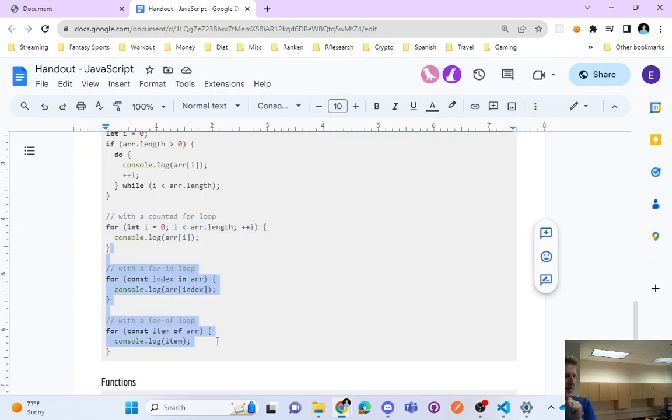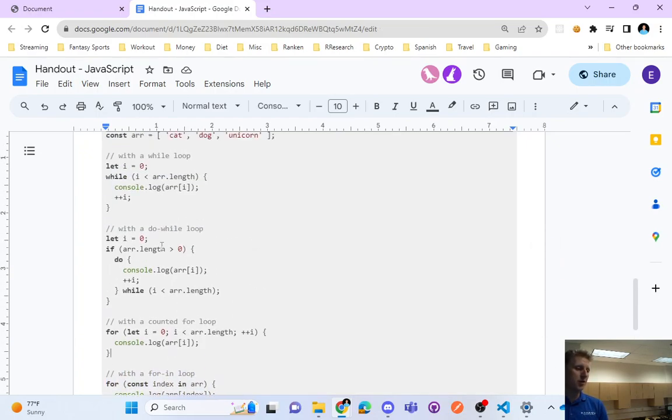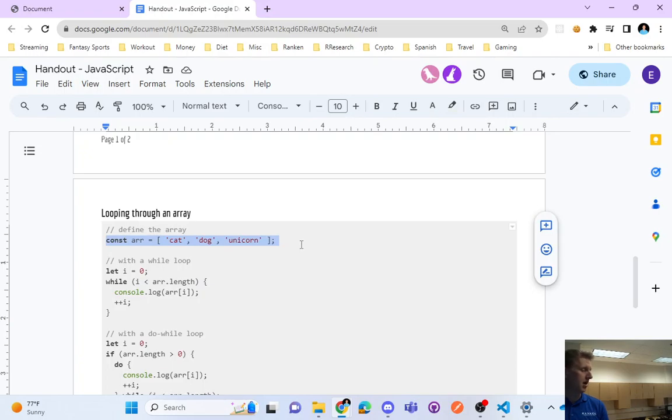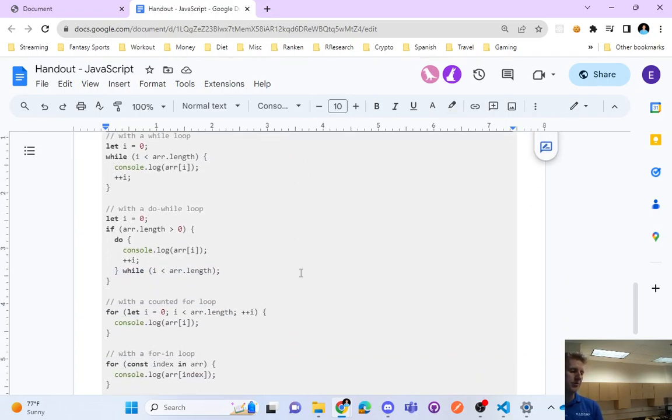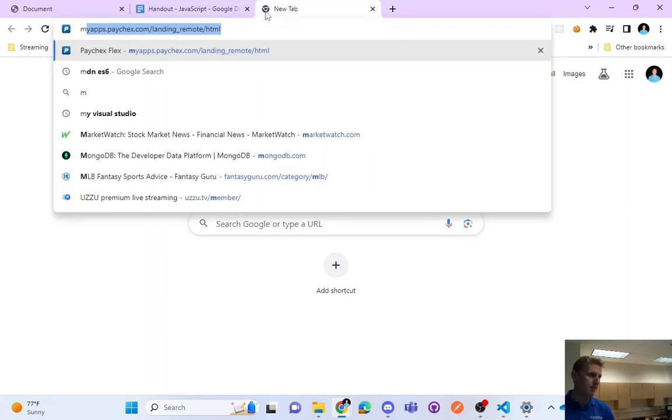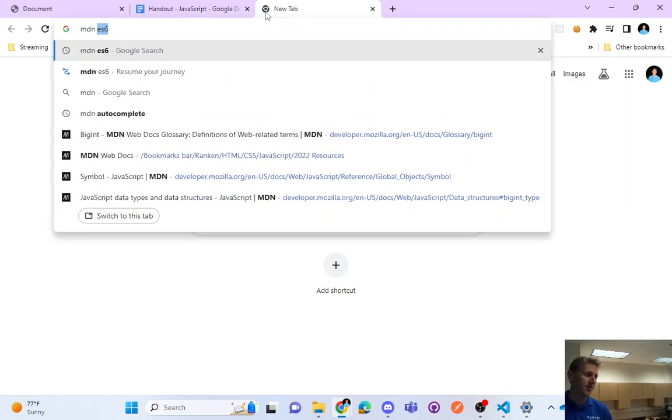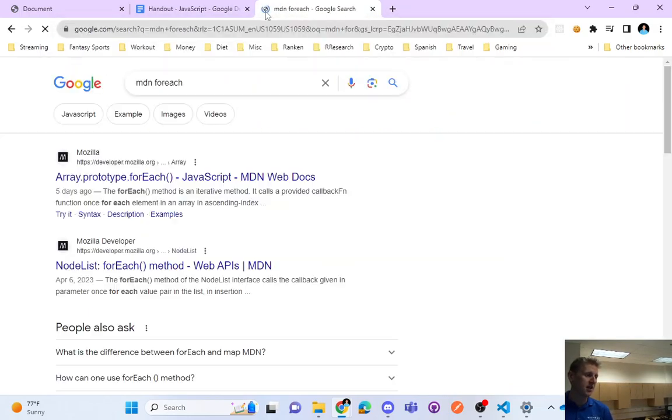Okay. Here's the ones that are newer in JavaScript. Check out what I've got highlighted on my screen, please. We have the first one, which is called the for in loop, and we have the for of loop. Now, I realize what we're looping through is an array, okay? But I just want to point something out. When you go to Mozilla Developer Network, and you search for each,